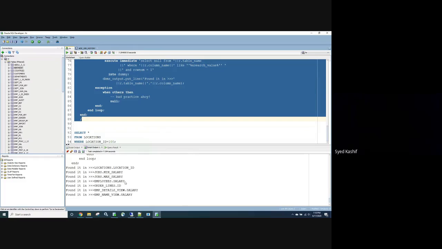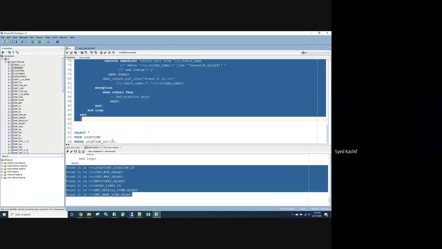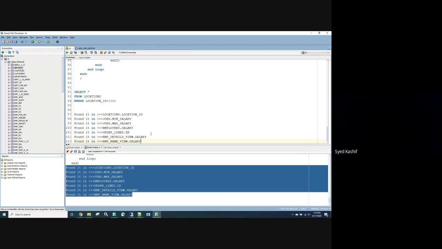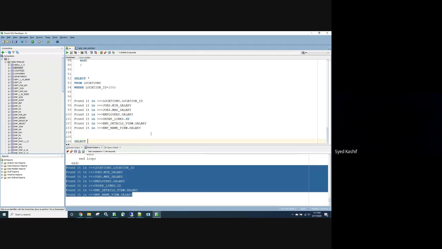So in employee's salary, we should have an employee. It is saying that only these objects have value 1000 in it. So let me check. Select star from this table where location ID equals